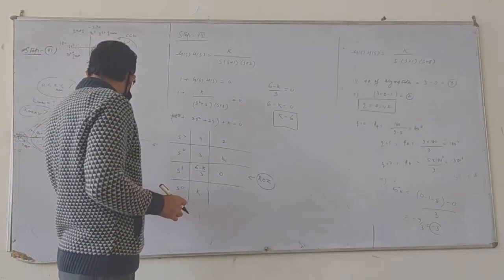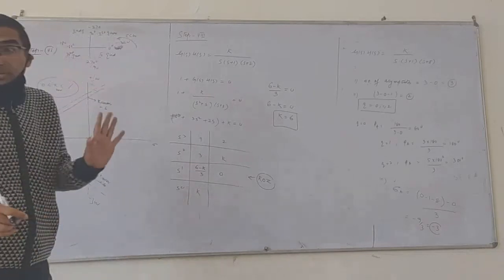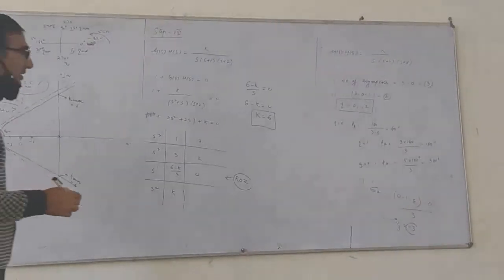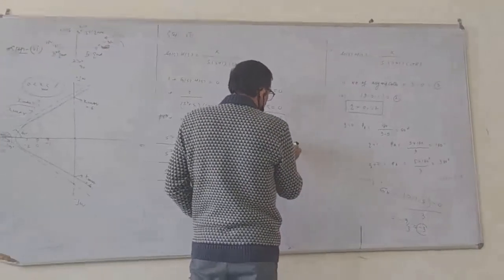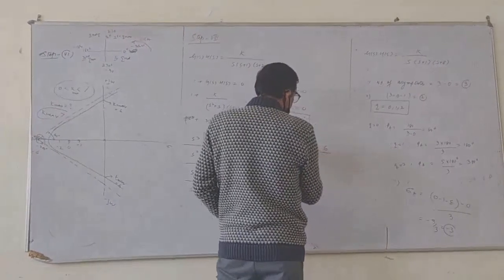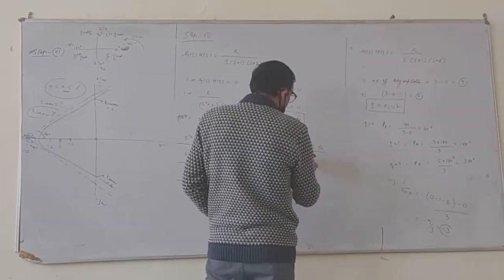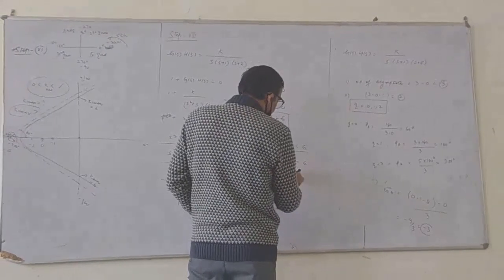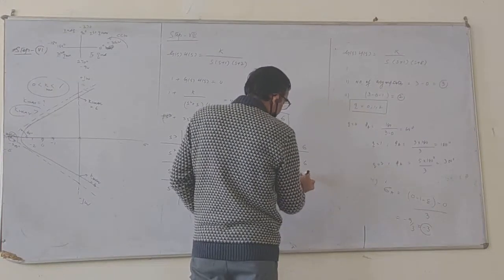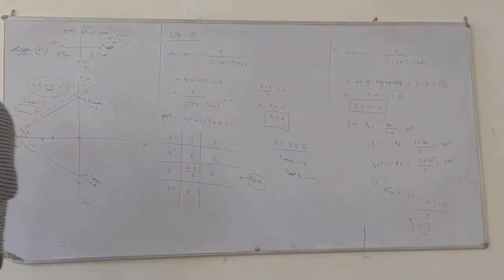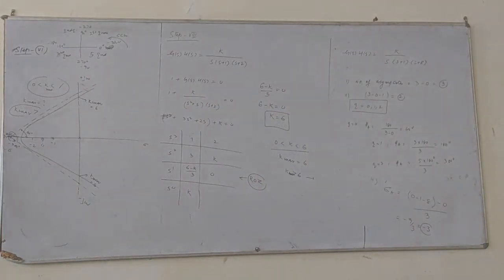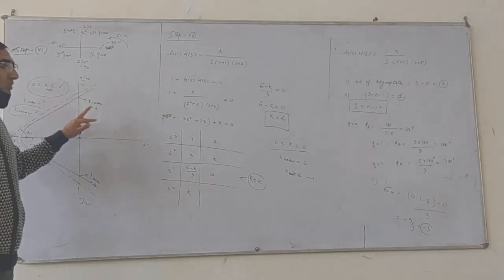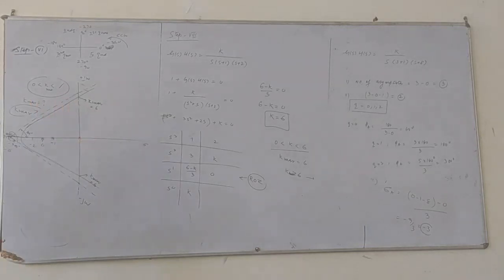Okay? K marginal is 6. So what should be the range of K? The stability range has to be 0 less than K less than 6. This is the stable region. Then K marginal value is equal to 6, and K greater than 6 will be unstable. Sometimes you will be asked to find the range, and it is very clear how you have to find it. 0 less than K less than 6 is the stable region, K equal to 6 is marginal stability, and beyond that is an unstable region.